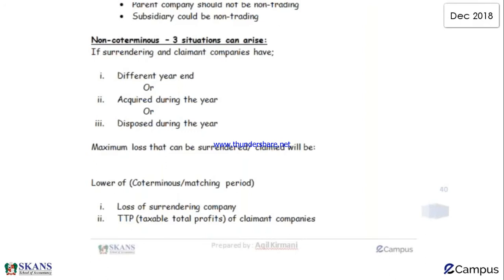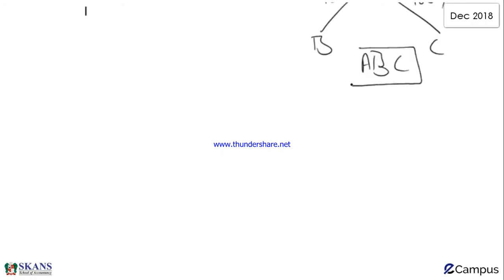Well, how are we going to do that? Let's try to understand that with the help of an example. Let's assume there is this group of companies in which A Limited owns B and C Limited 90 and 100%. So over here, A, B, and C are members of a loss relief group and members of a 51% group of companies. But the problem is,